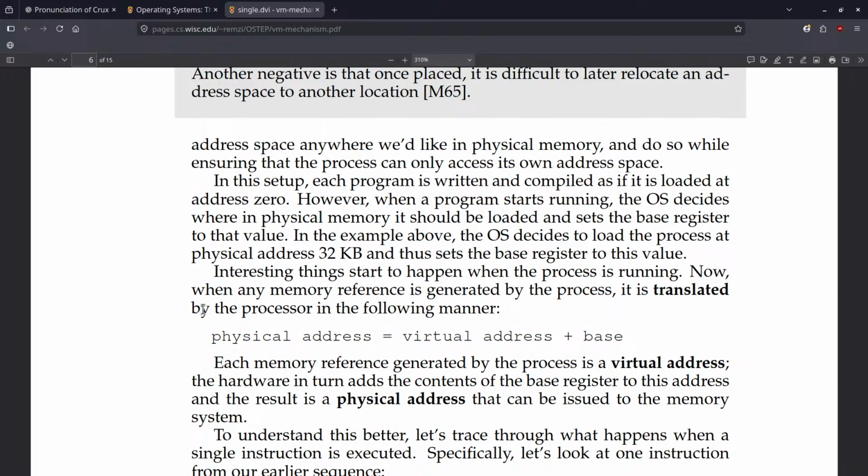In this setup, each program is written and compiled as if it is loaded at address 0. However, when a program starts running, the operating system decides where in physical memory it should be loaded and sets the base register to that value. In the example above, the operating system decides to load the process at physical address 32 kilobytes, and thus sets the base register to this value. Interesting things start to happen